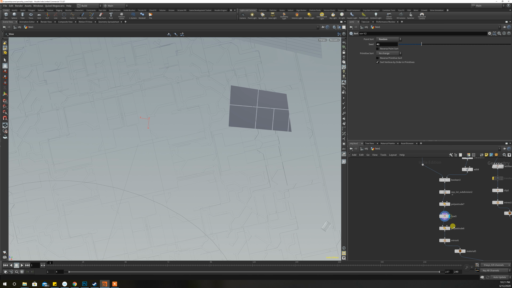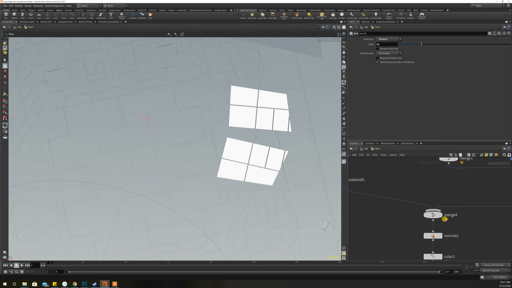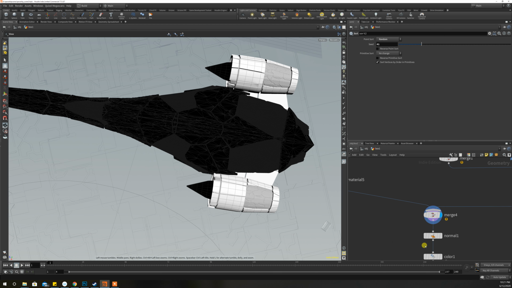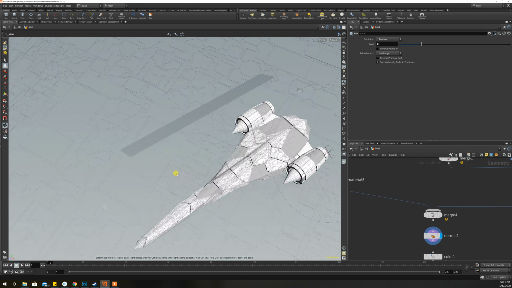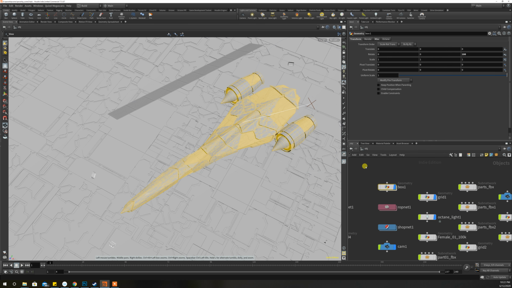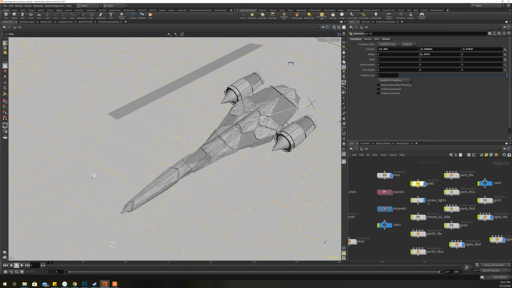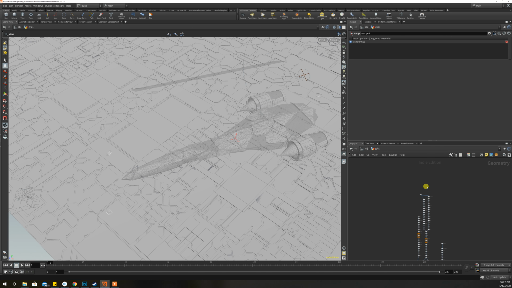So that's how you make those wingtips. Well, not wingtips, wings, short wings. And if you merge everything, then what you get is the spaceship. Yay! And then the color. I don't know. Gray looks a little bit better in your eyes, I don't know why. And then this one is supposed to be